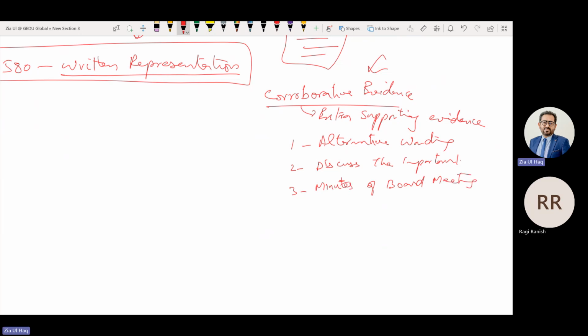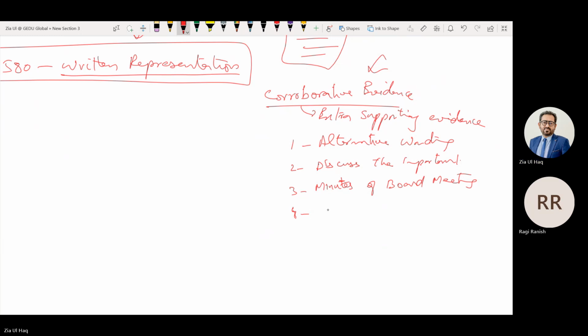Okay, don't sign this page. Let's call a board meeting. We will discuss this matter with the board. We'll take oral approval and record those meeting minutes as evidence. But if they are still not agreeing, even to call the meeting, in that case we have two options.